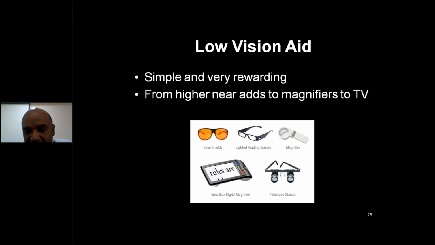So this is all just to improve his vision. It will not improve fully, but to some extent he will not be dependent on anyone, or he will be able to do some minor works by himself. Because once the macula is damaged, the prognosis of visual acuity is very poor. So to try to improve to the minimum extent, or to have some visual rehabilitation, you give these low vision aids.